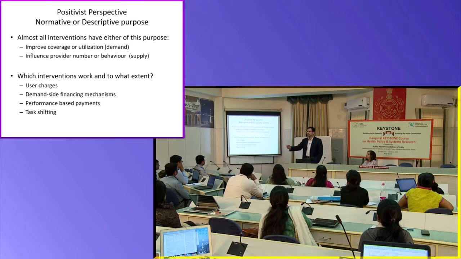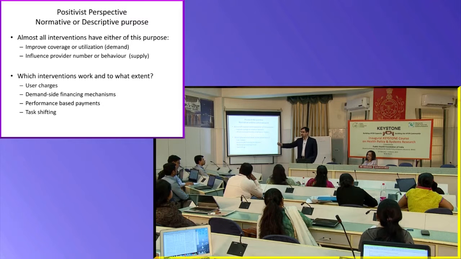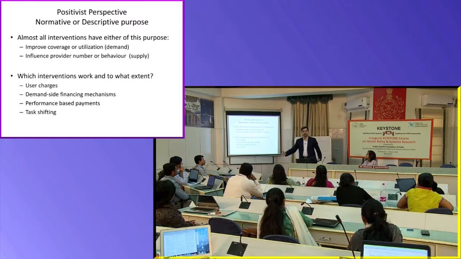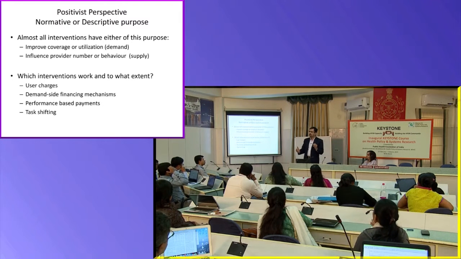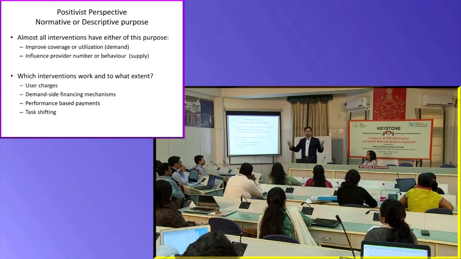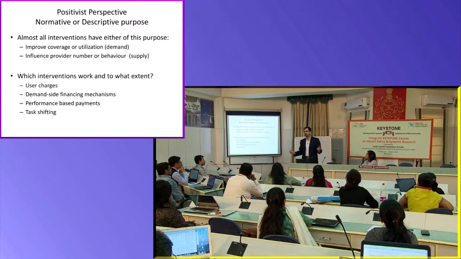Demand side financing mechanism means, traditionally in public sector, what have we tried to do when we tried to finance healthcare? We tried to set up facilities, we tried to create people there, and we paid in the facilities. So it was a supply side financing primarily. We created the infrastructure, created manpower and everything. But then we realized over a period of time that despite having created all that large infrastructure, people are not coming to our facilities. So what do we do?